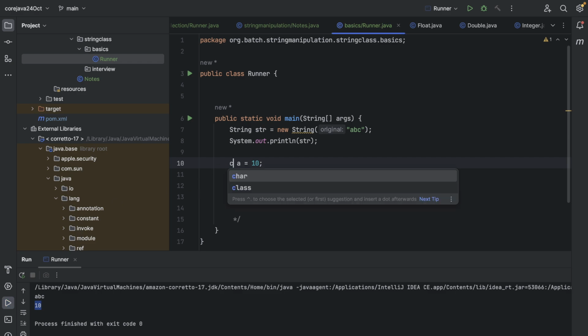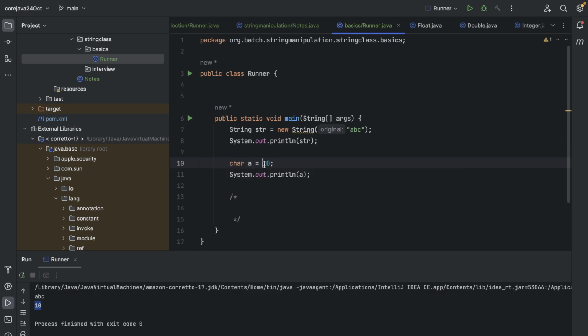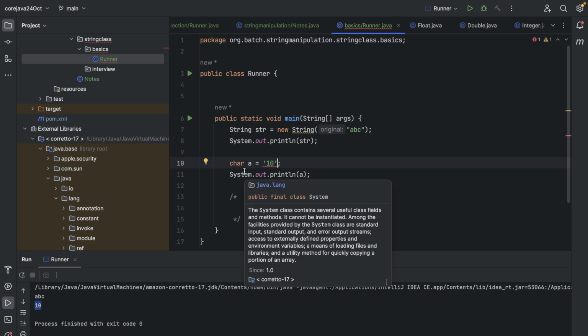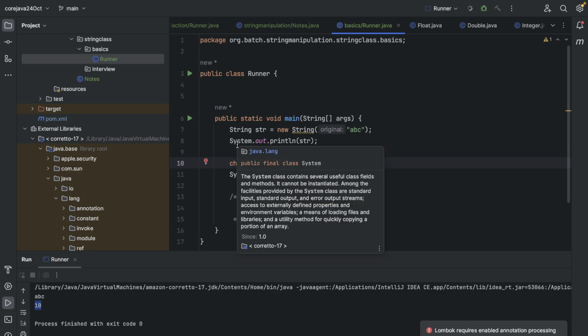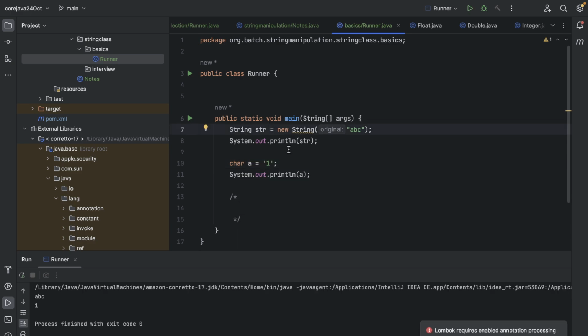So if I take a character, what's the issue over here with the char? I can take only one value, right? Because if I take more than one, then there will be an issue. And this is a character a. If I say Integer.parseInt and try to parse a,